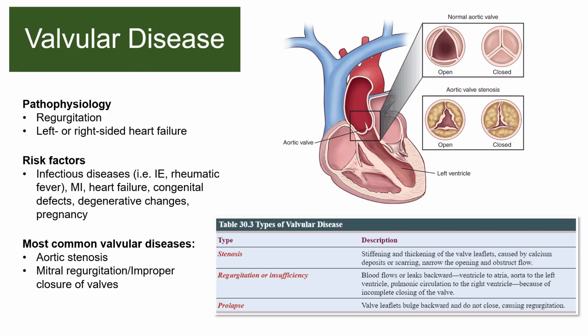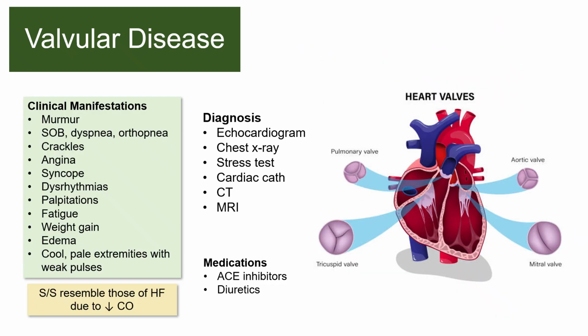So our valves are supposed to be one-way valves. You know, they open and close. Sometimes they get stiff and then they don't open or they don't close as they should. Blood starts to backflow or leaks. Some of it leaks. So that is a problem with valvular disease. So most of the time, the first sign of valvular disease is auscultating a murmur. So that's why that's at the top.